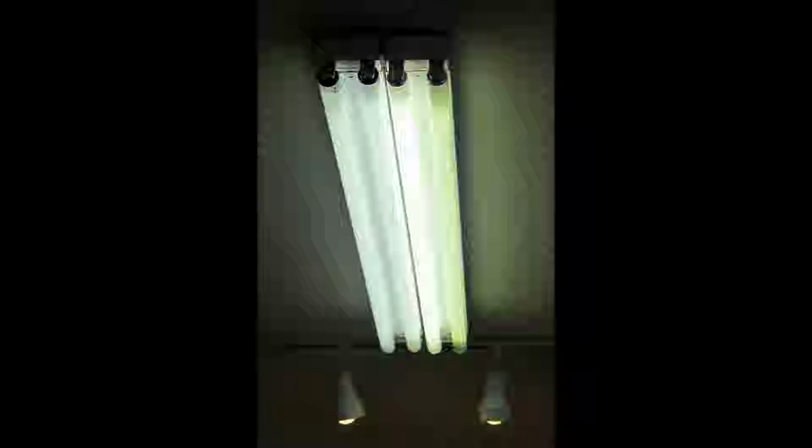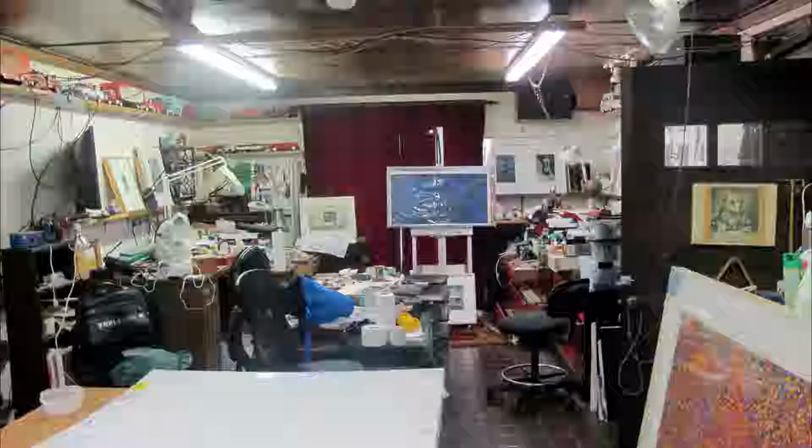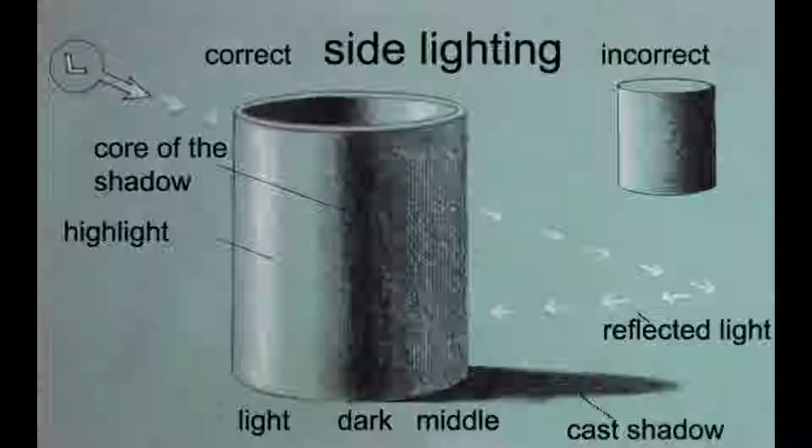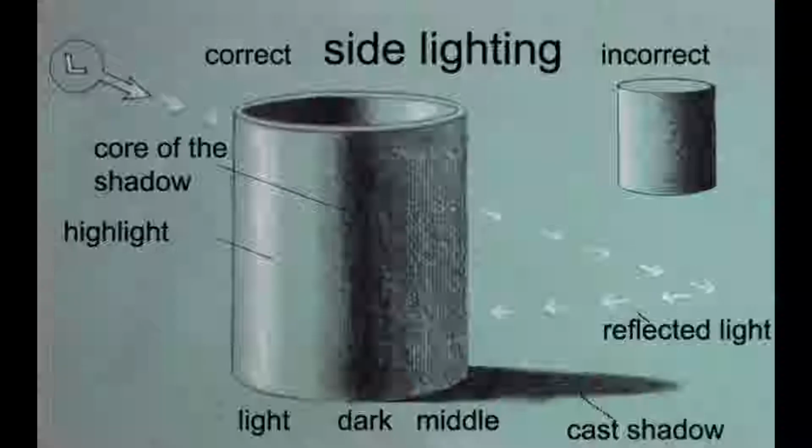You're also going to want to know, is it a single direct source of light, or is it diffused, soft scattered light, or are there multiple light sources? You're going to need to understand, as the light passes the object, some of it will hit the object and some of it will pass it. Does it strike a barrier and reflect back on the far side of the object? And how strong is that reflected light? Of course, you'll also want to know how strong the direct light is,